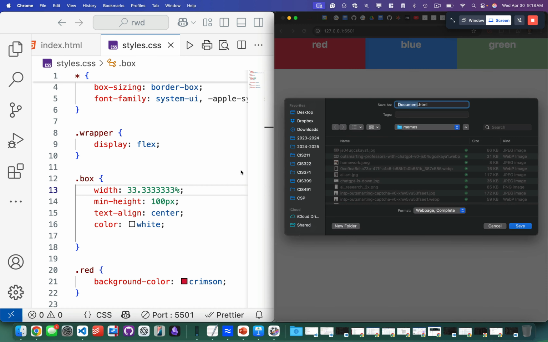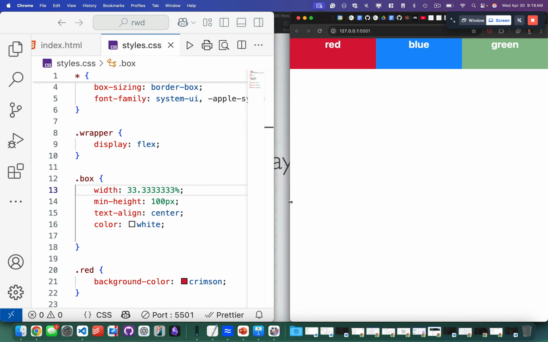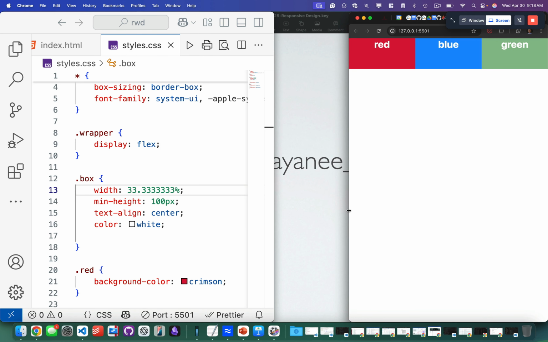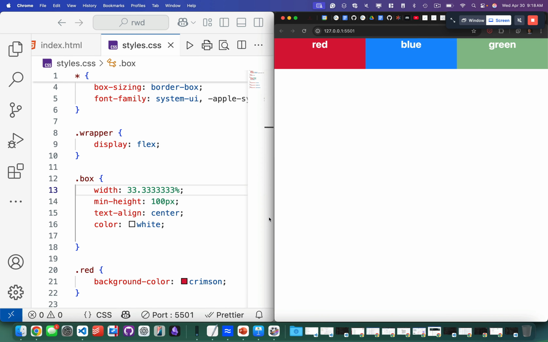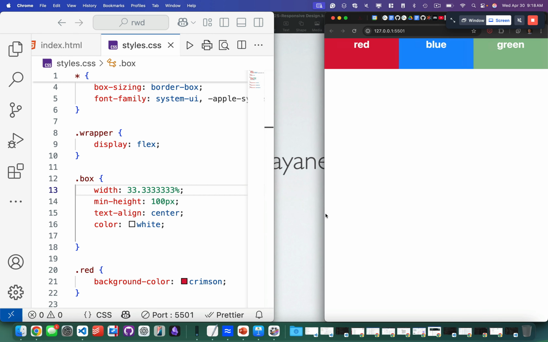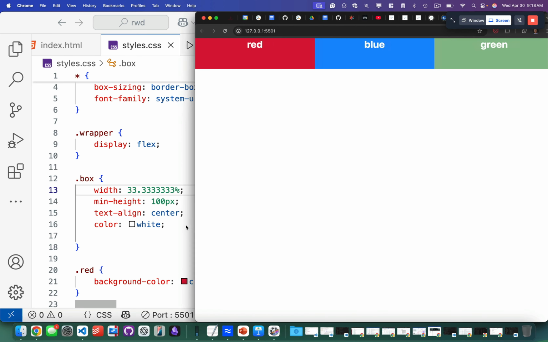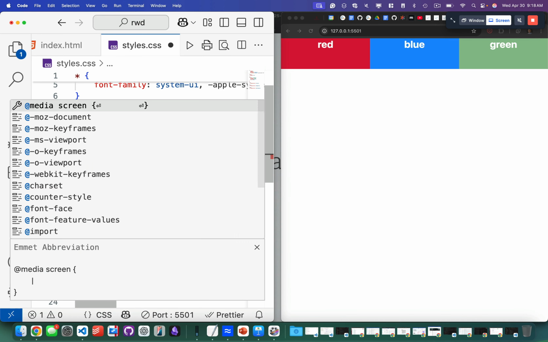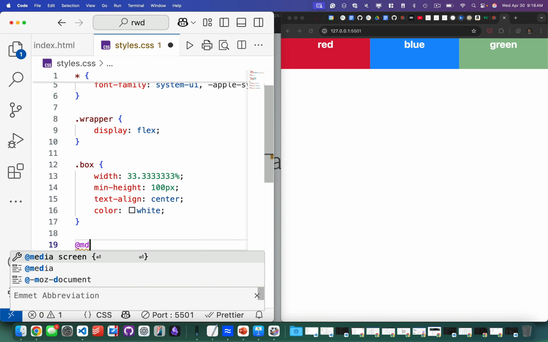Okay, so what I'd like us to do before we end here today is I like this 3-column layout, but once it gets kind of small, I would like them to stack on top of each other. You with me? Like those are at this point or so, definitely this point, they're too small for me. So what we're going to do is we're going to write a media query. So we're going to say at media,